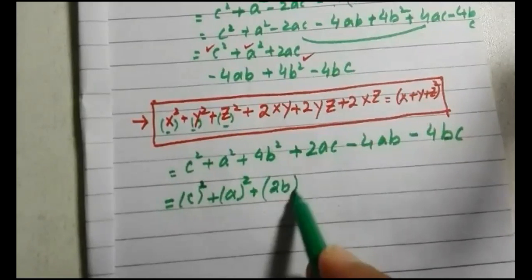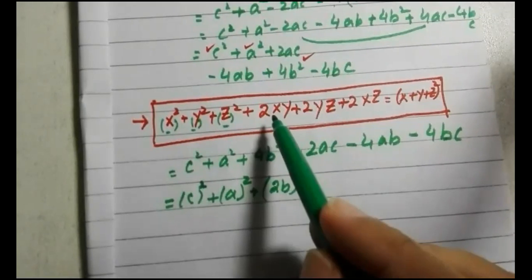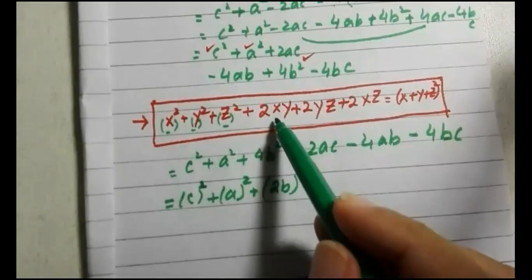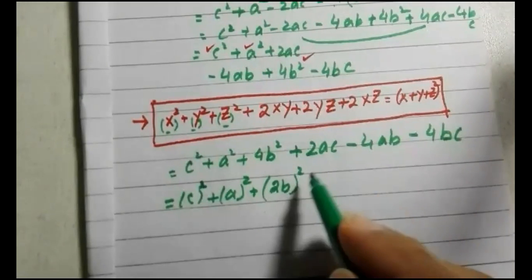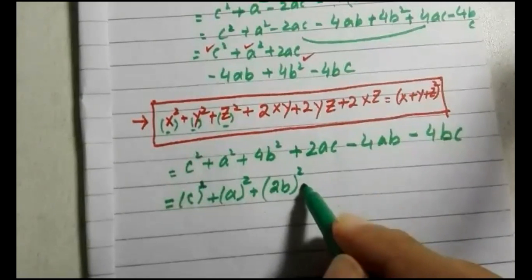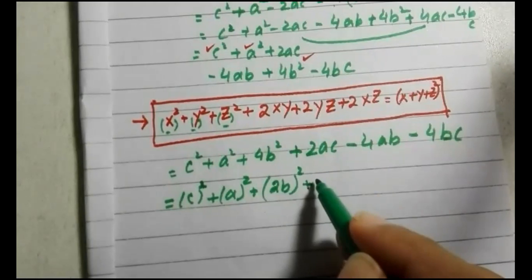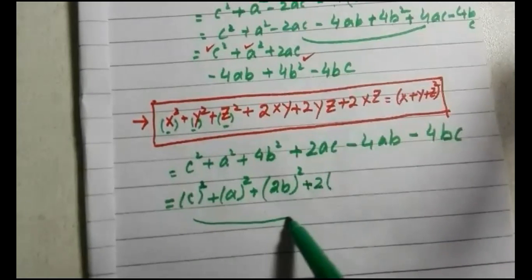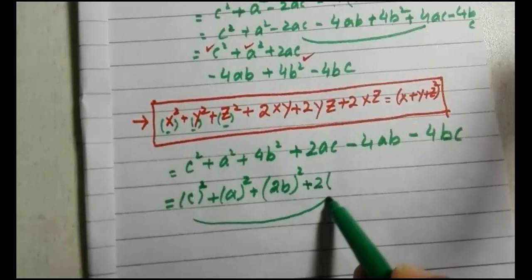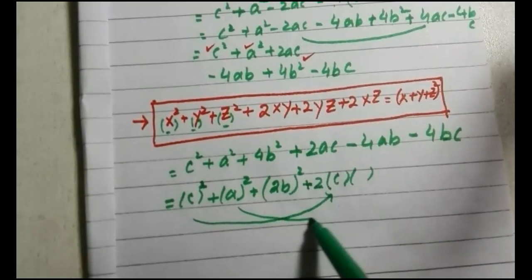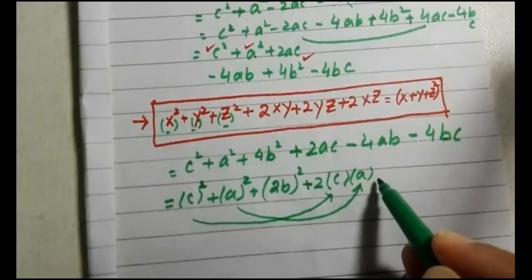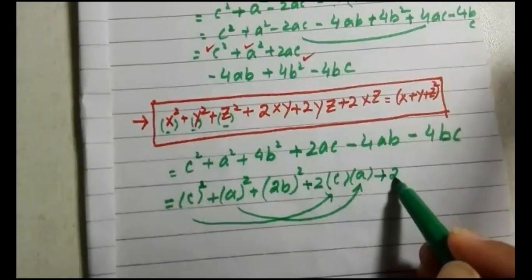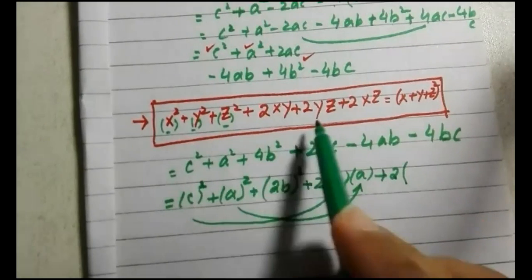Now, if you keep on looking at the formula, we need 2xy, meaning 2 times first into second. So what I would like to do, please listen carefully, is that I will just write 2 myself. I will write the first term, that is C. I will write the second term, that is A. Again I will write 2. I will write YZ, meaning second and third term.